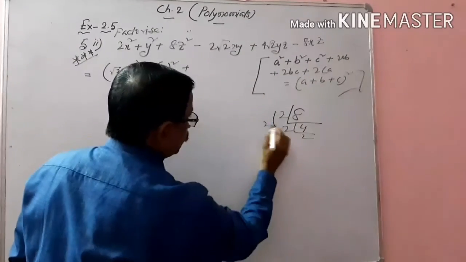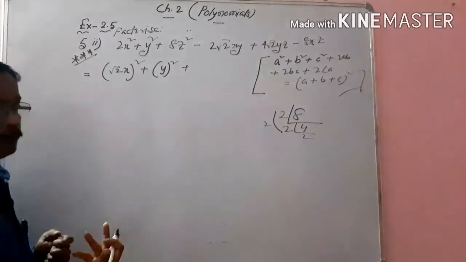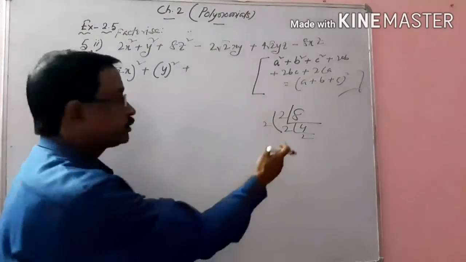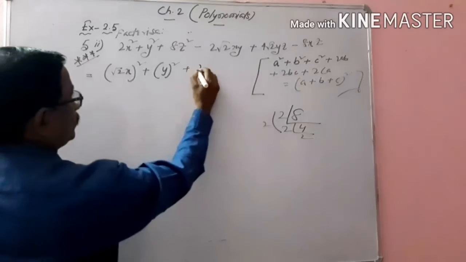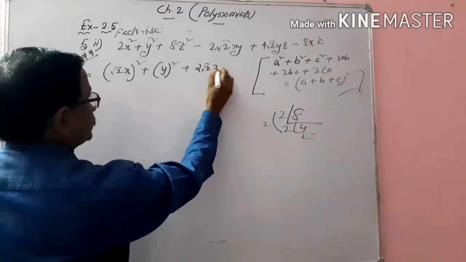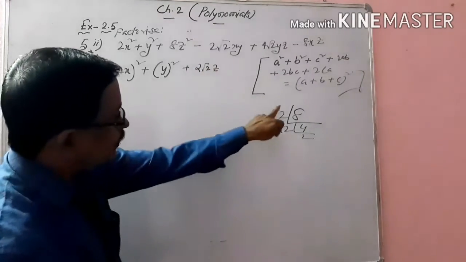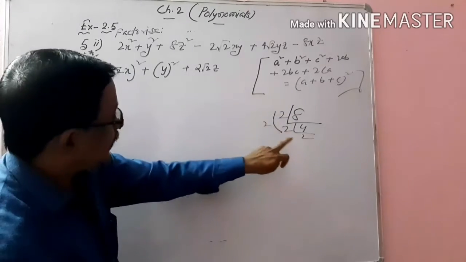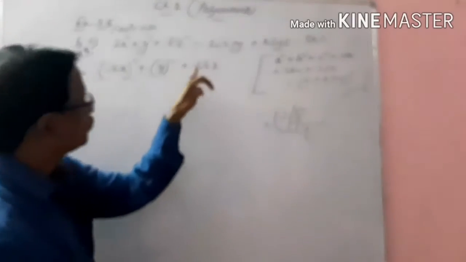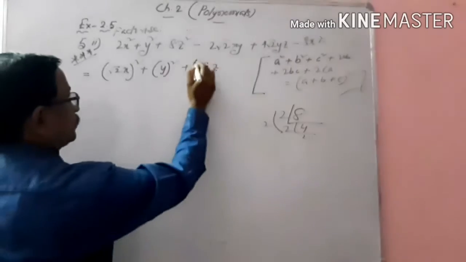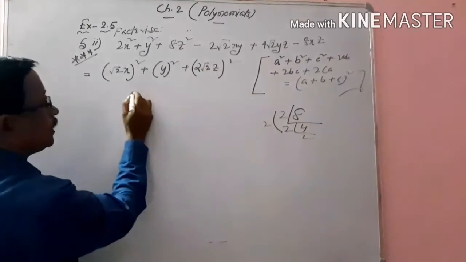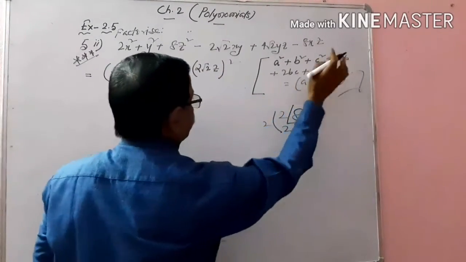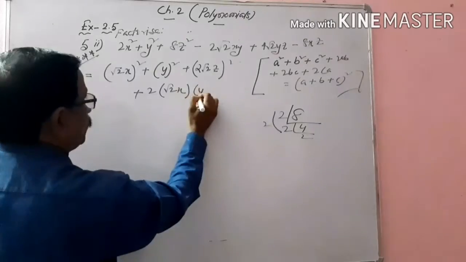So out of this 2, 1 can be taken out of the square root. And this one, 2 is there. So how can you write this? 2 root 2 z. 2 we are getting from the pair of this 2 and this 2 coming out of the root. Okay? Then z square. Then the formula is there, plus sign, accordingly write plus. Twice a means root 2x and y means y.